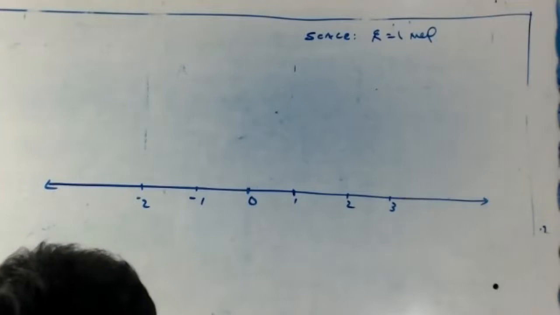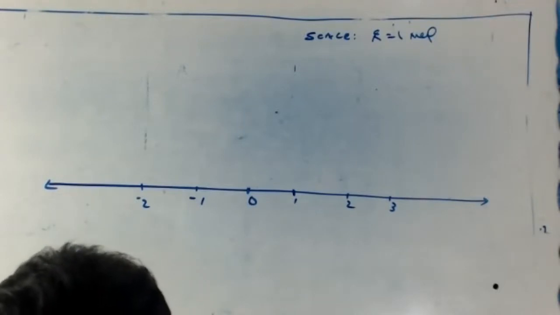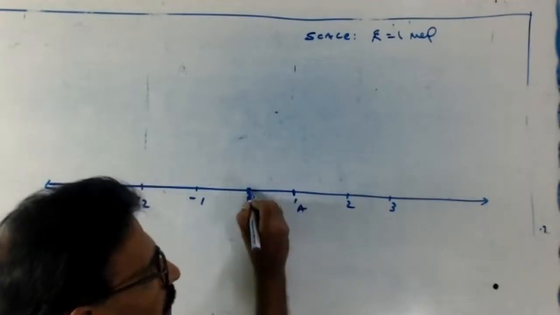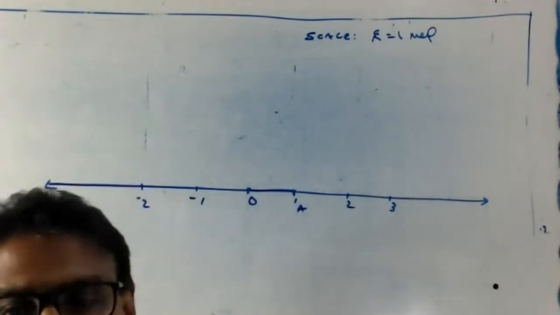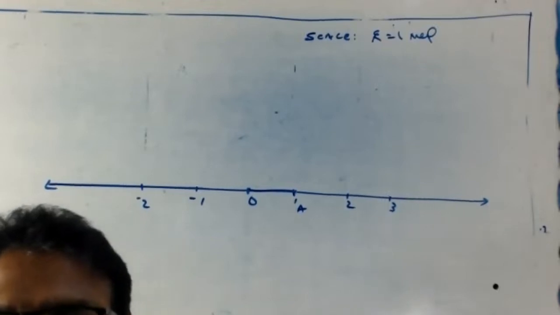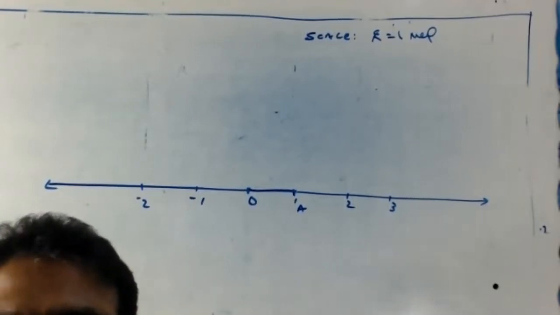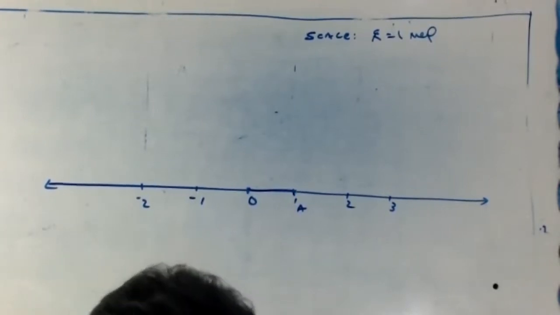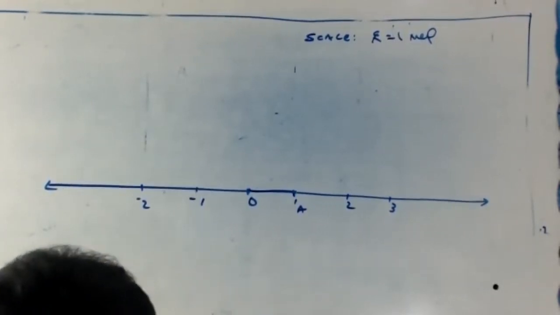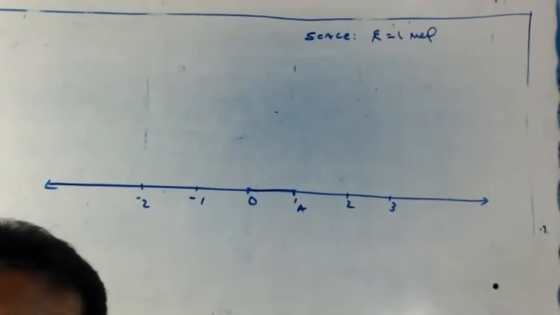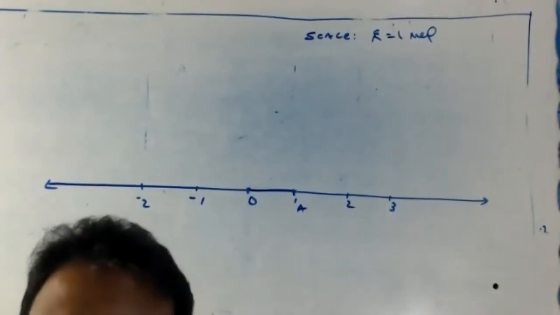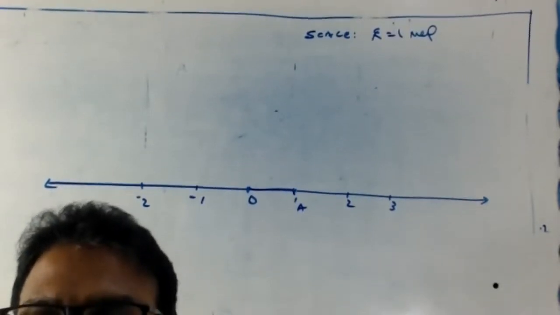Okay. Next one. Let point A represent 1. Here A. This point. This is A. 1 inch is not equal to 2 centimeter. I told you, if you want, you can take 1 unit is equal to 2 centimeter, or take 1 inch as 1 unit. You fix that first.